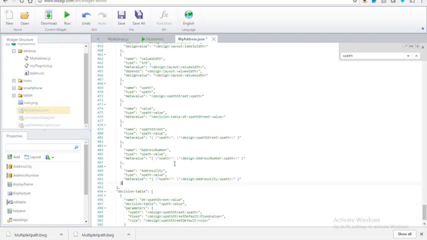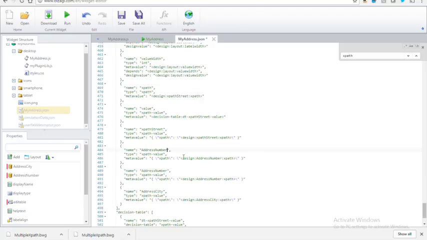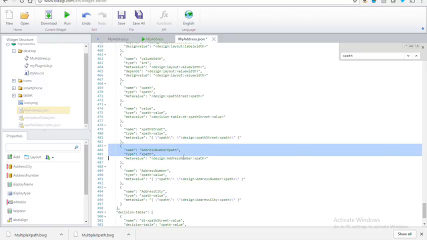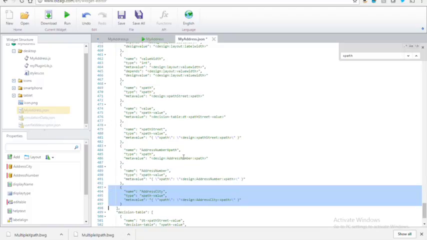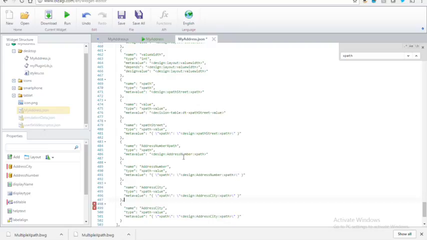So the other thing that we need to do is to create another attribute in here for each one of the Xpaths. This one is going to return the Xpath as a text, right? So I'm going to put just the Xpath here. And I'm going to put the address city just next. Now, we have the address city in here,